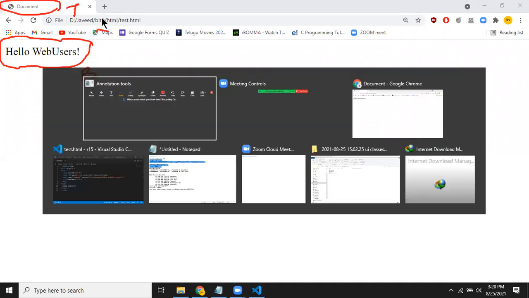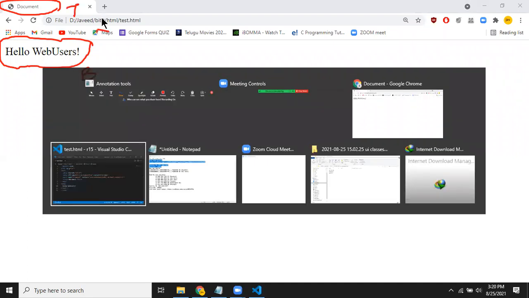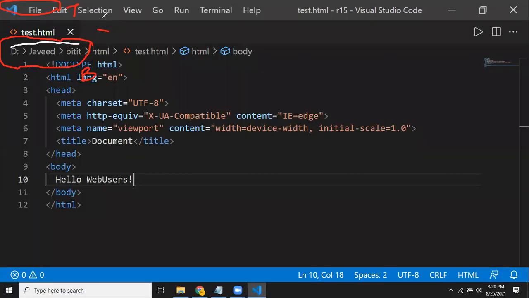Okay, let us see. This is my design. Right, so this is what we wrote under the head section. We have a tag called the title tag. Whatever you write in the title tag is displayed in the window title. And what we wrote in the body section is displayed to the user. This is also displayed to the user, but it is at the top of my window.